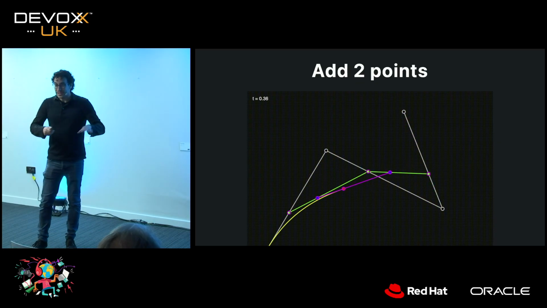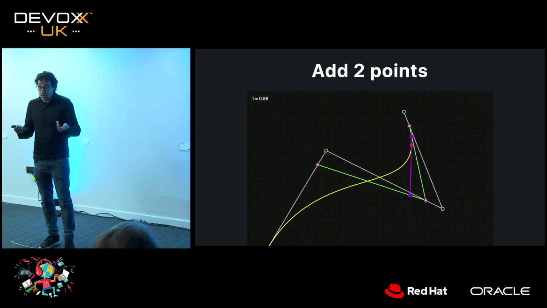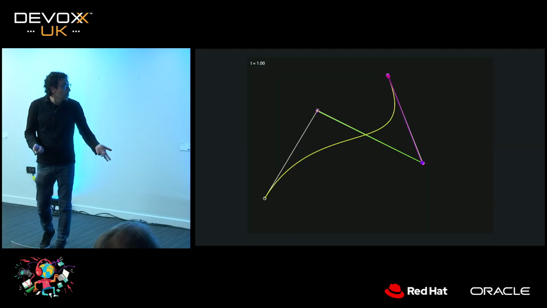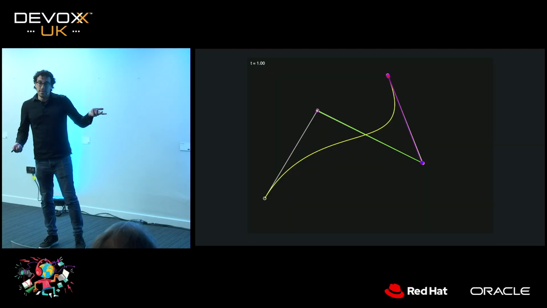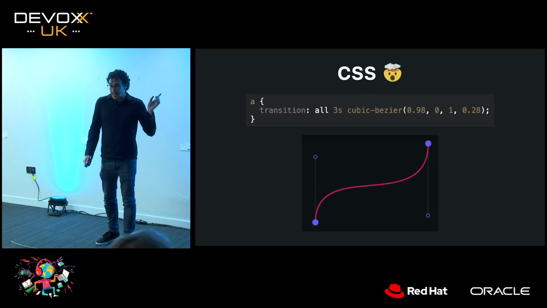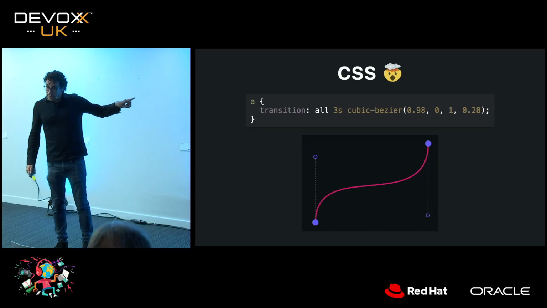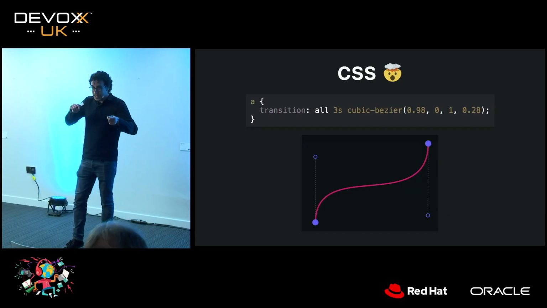And if you add 2 points, then it becomes really complicated, but it's the same mechanism. And now you have 2 control points, aka 2 handles. And now you get, again, the kind of curve that we saw in the beginning. And this is why if you ever use this cubic Bézier thing in CSS, it makes absolutely no sense. Because you're moving points that are themselves being interpolated twice,